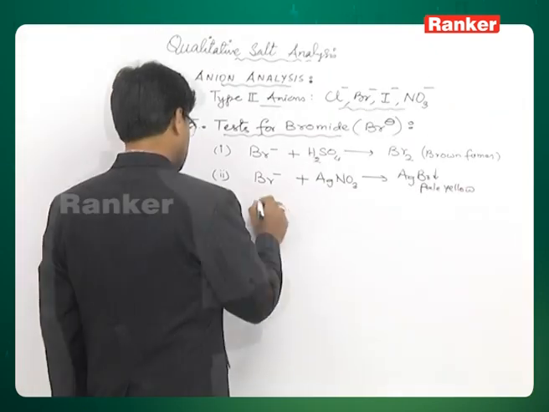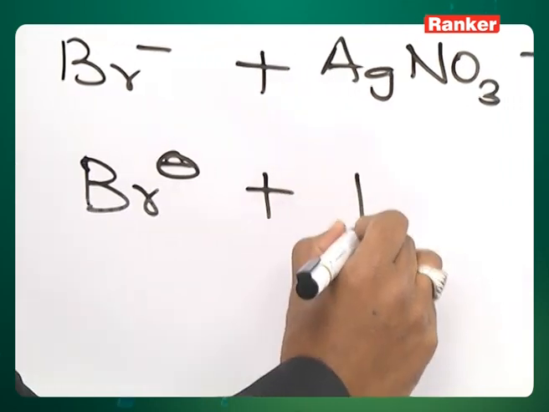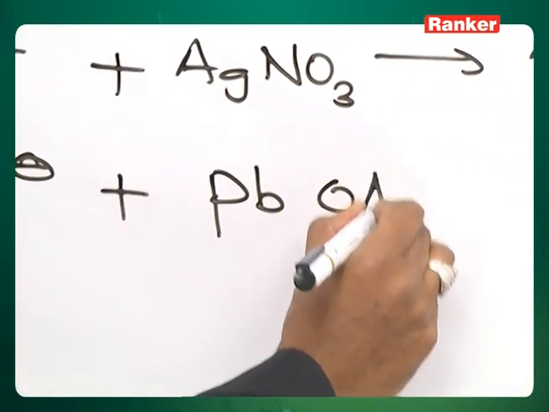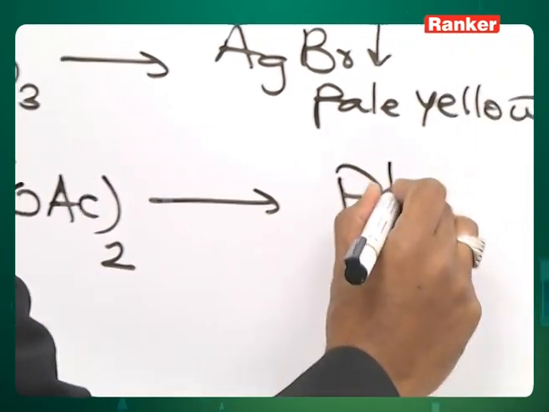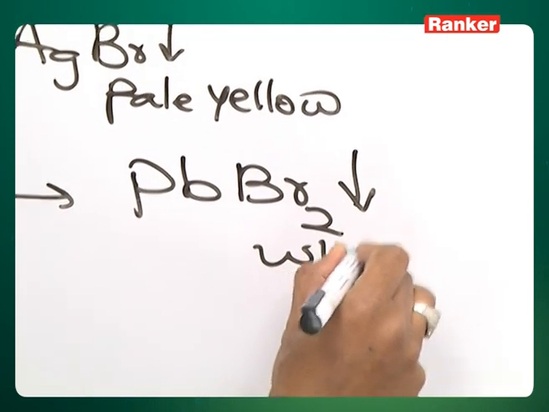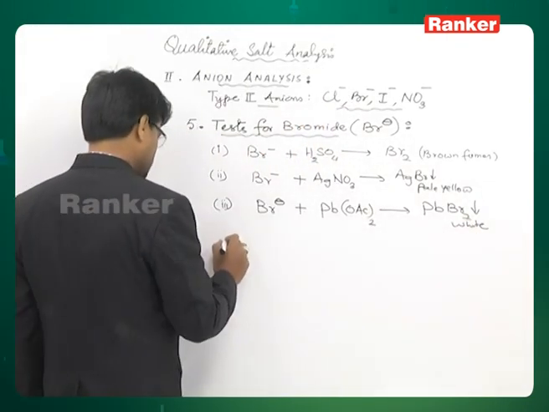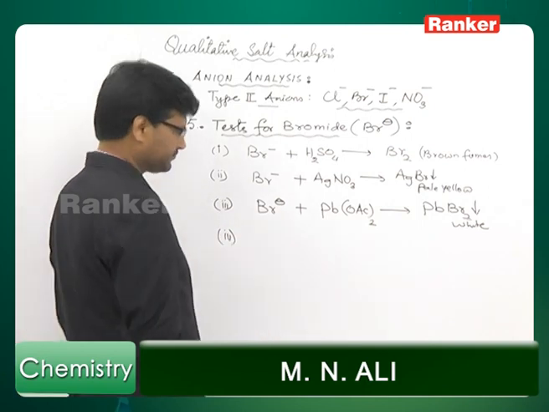Number 3, bromide plus lead acetate. You get a white precipitate of plumbous bromide. Then you have